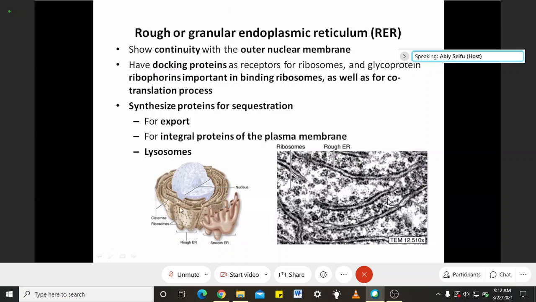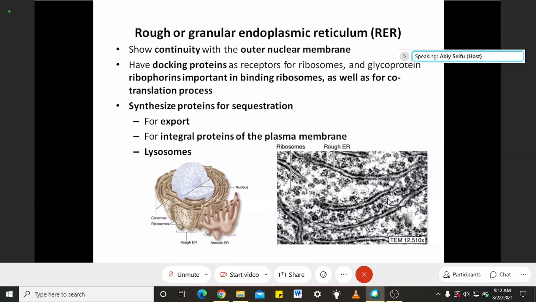This therefore makes the ribosomes fixed on their outer surface, and this endoplasmic reticulum specializes in production of proteins which